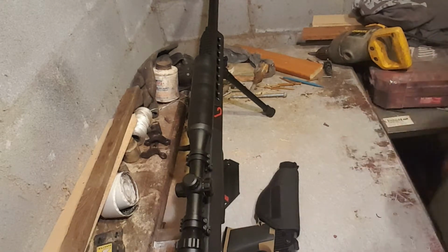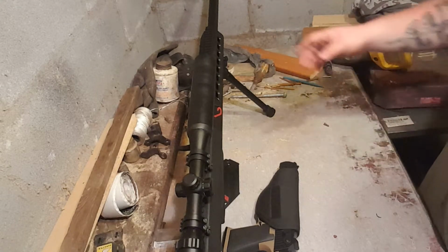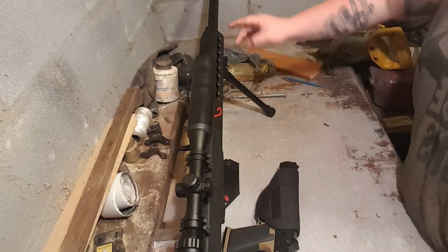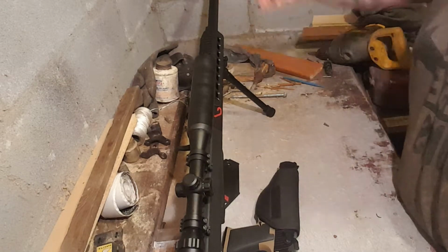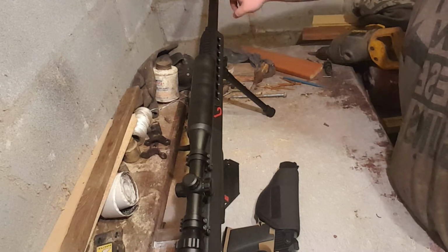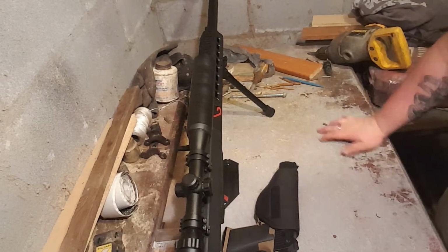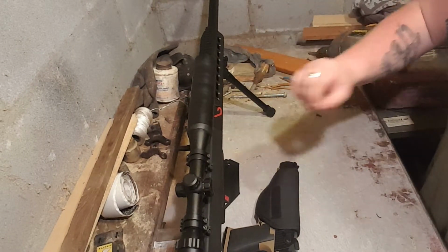They also sell barrels. You could get big barrels for this gun, or the inner barrels. I was thinking about buying another barrel if I could find one without having to buy a whole other gun, and cutting it short a few inches, like 6 or 7 inches, to make it a shorter gun. The inner barrel in this actual gun ends about right here anyway, so I might do something like that. Still don't know for sure, but that's my review on the Lancer Tactical